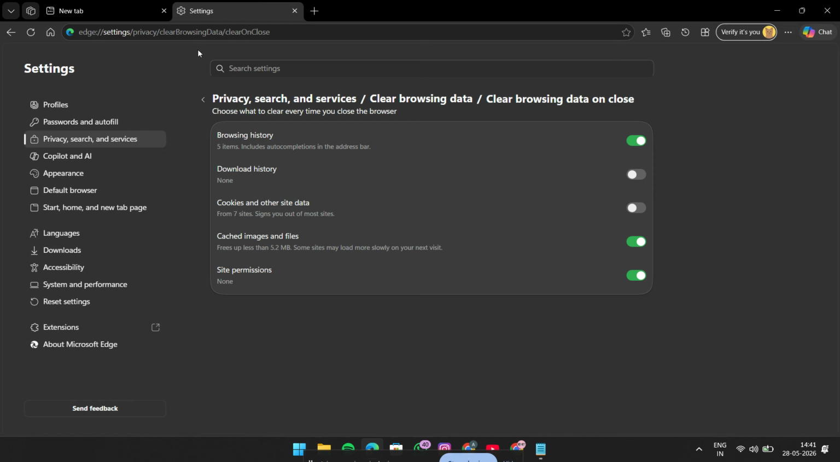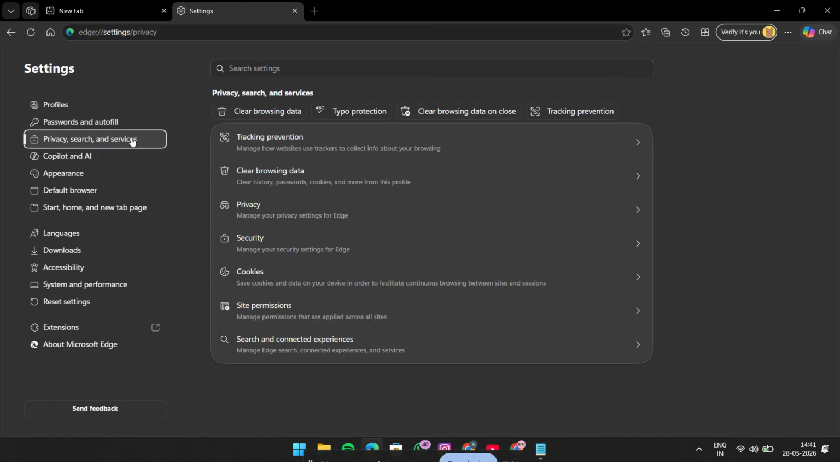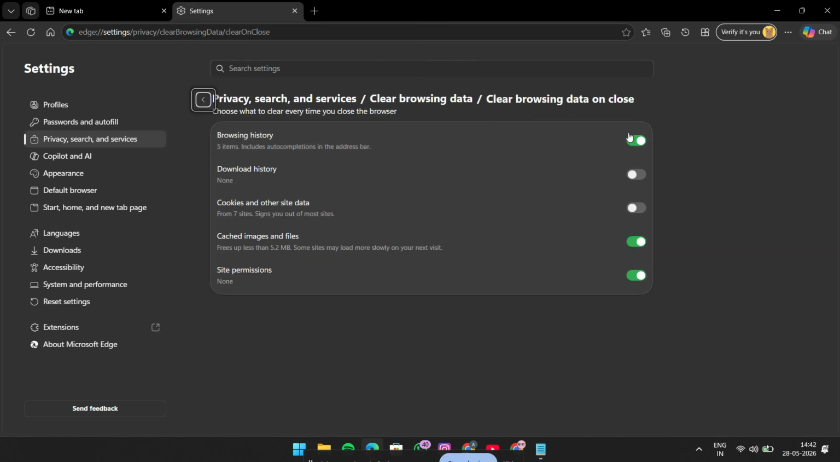On the left-hand side, click Privacy, Search, and Services. This is the section where Edge stores all of its privacy-related options, including what gets deleted when the browser closes. Now scroll down until you find Clear Browsing Data on Close. Click on that option to open the list of data types that Edge can automatically remove when you exit the